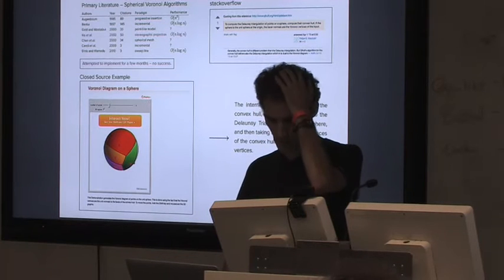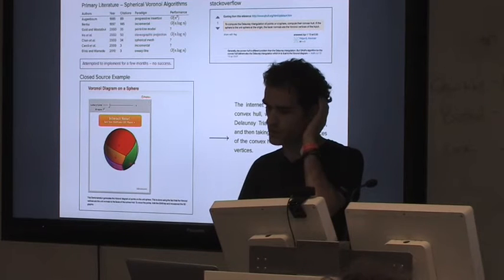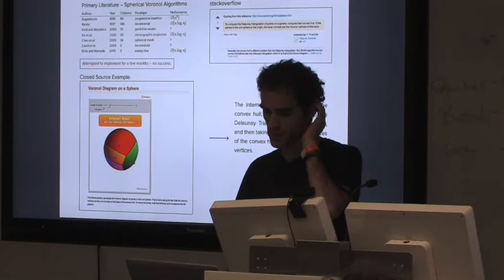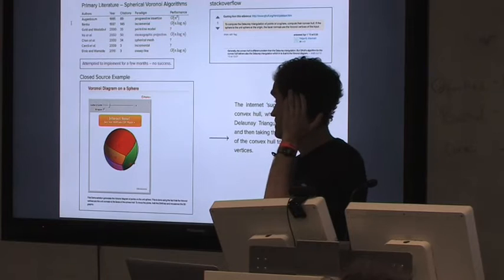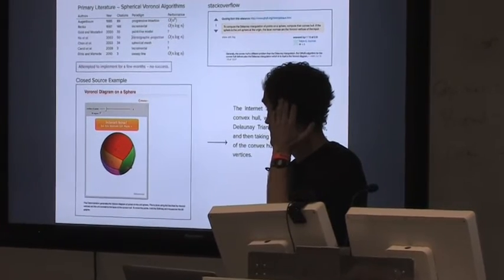So when I was looking to do this in Python, because there was a paucity of open source resources for doing spherical Voronoi diagrams, I looked at the primary literature. I'm an academic, so that's sort of my intuition. I actually did know about this older paper, so I went straight to a more recent paper which used a